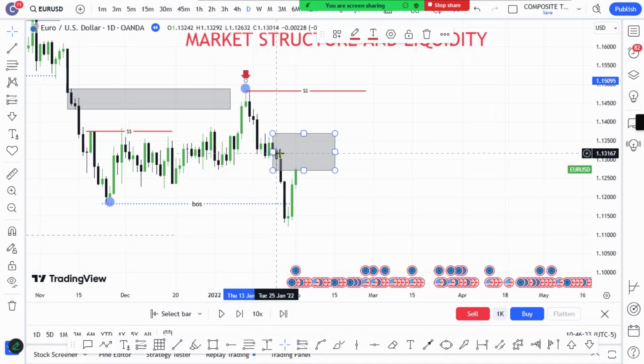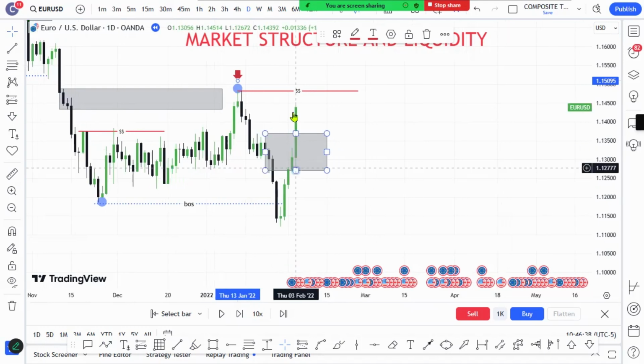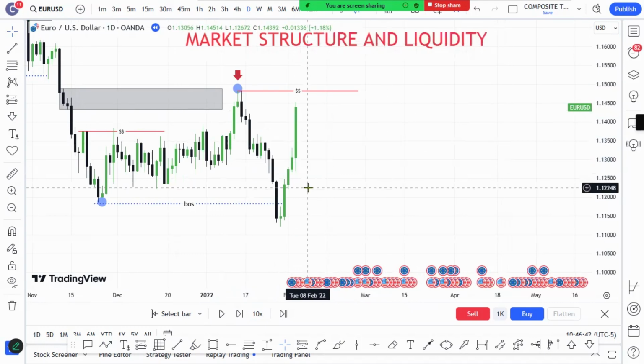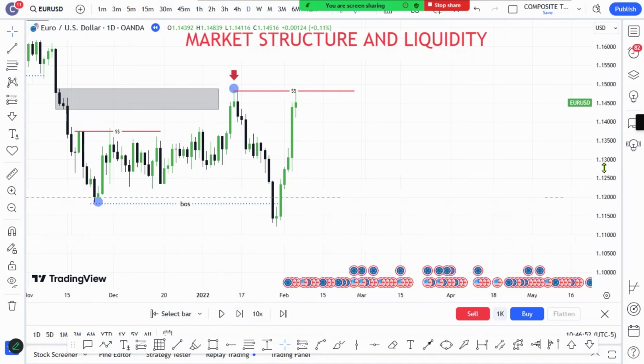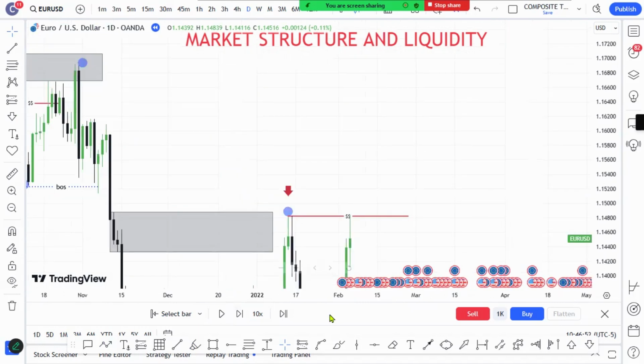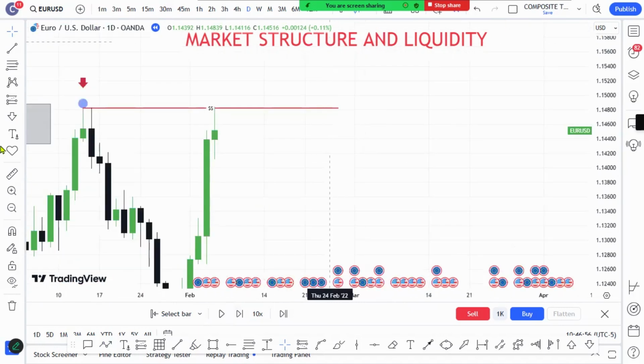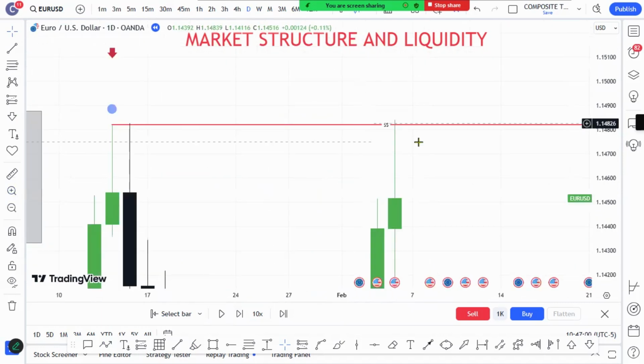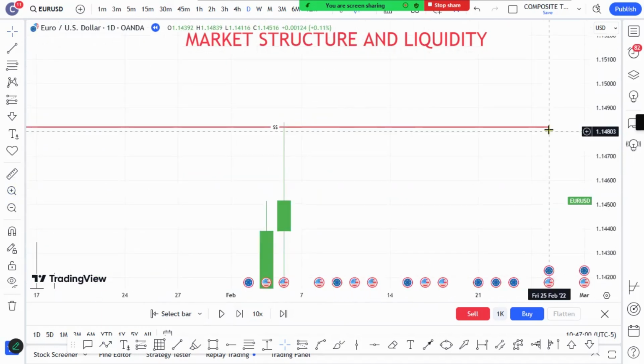You can see price enters that level and goes through it, and you see past that level. That level will never hold, because no level holds the market structure without liquidity being taken out. So let's see what is happening here. If we take out that high, then I'll want to sell now. I think the high is taken out. Let us zoom in more. We can see that level has been taken out by this move.